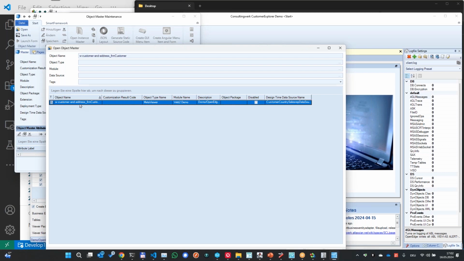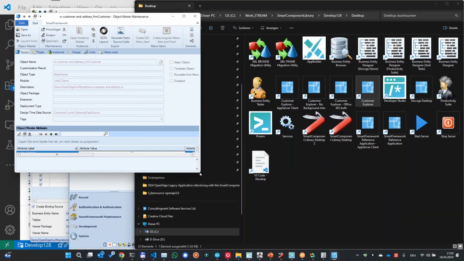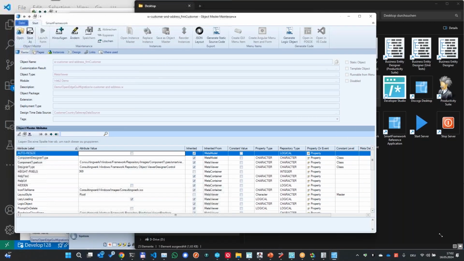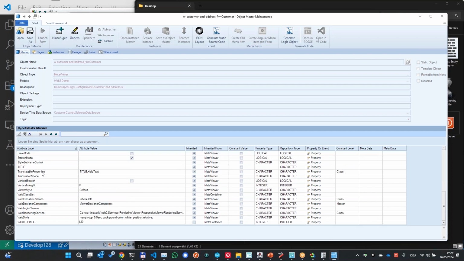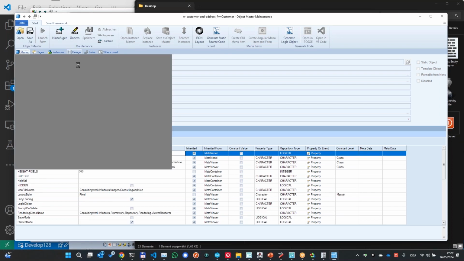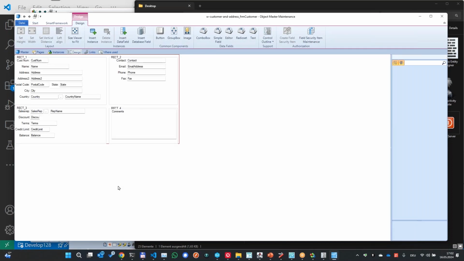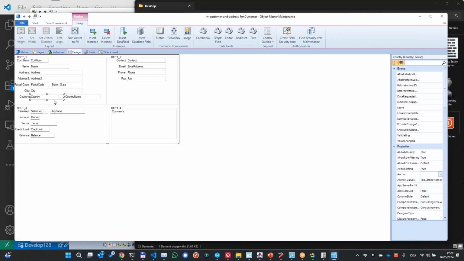So I'm going to open that component, and that's now our own designer for the objects. The object has a name and is stored in what we refer to as a product module. That's like a virtual folder in the repository database structure, with attributes on the object itself, with a graphical design of the converted viewer. So here we see that now the lookup, or both lookups, are now a single component